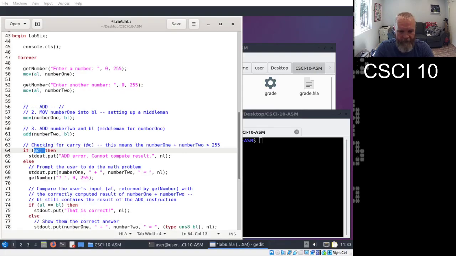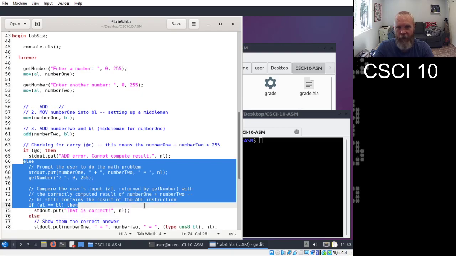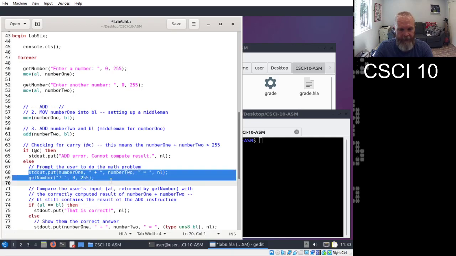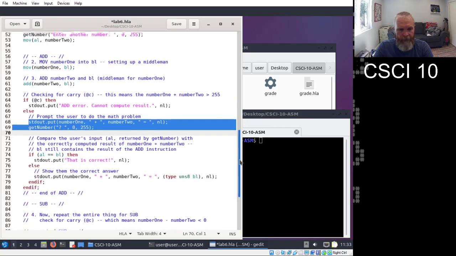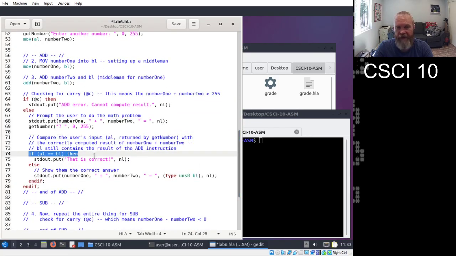So what we're doing here, we do an add, understanding that that switch might turn on, so we check for it. Did the switch come on? If it did, oh, the result was too big. So we're just going to short circuit that part of the program because, well, the result's too big. If the result wasn't too big, then we're going to do a little math quiz. Right? Okay, so this is valid. So we're going to ask them to tell us what they think the result is. And then we're going to check to see if what they think it was is what it was.